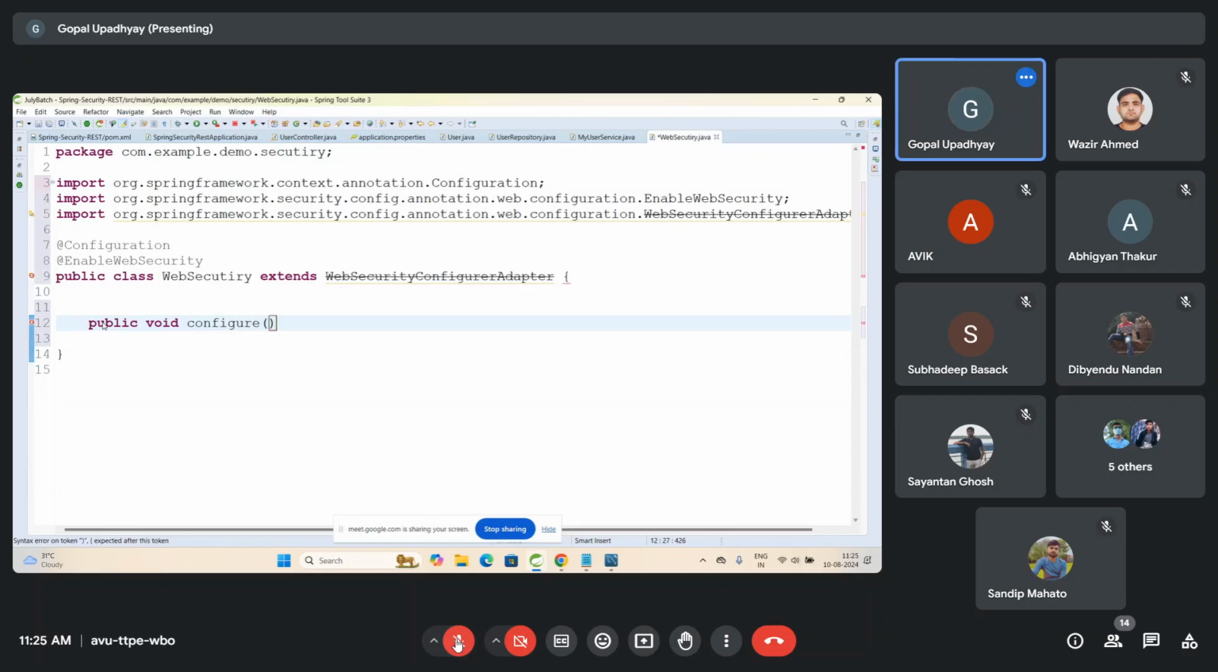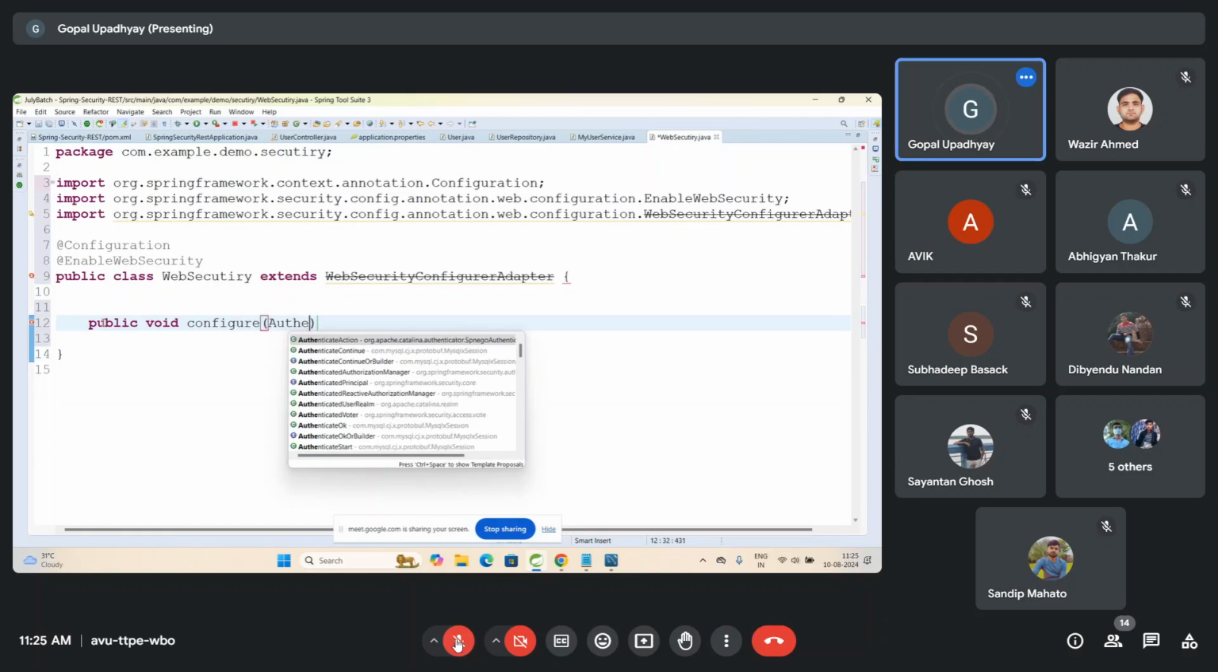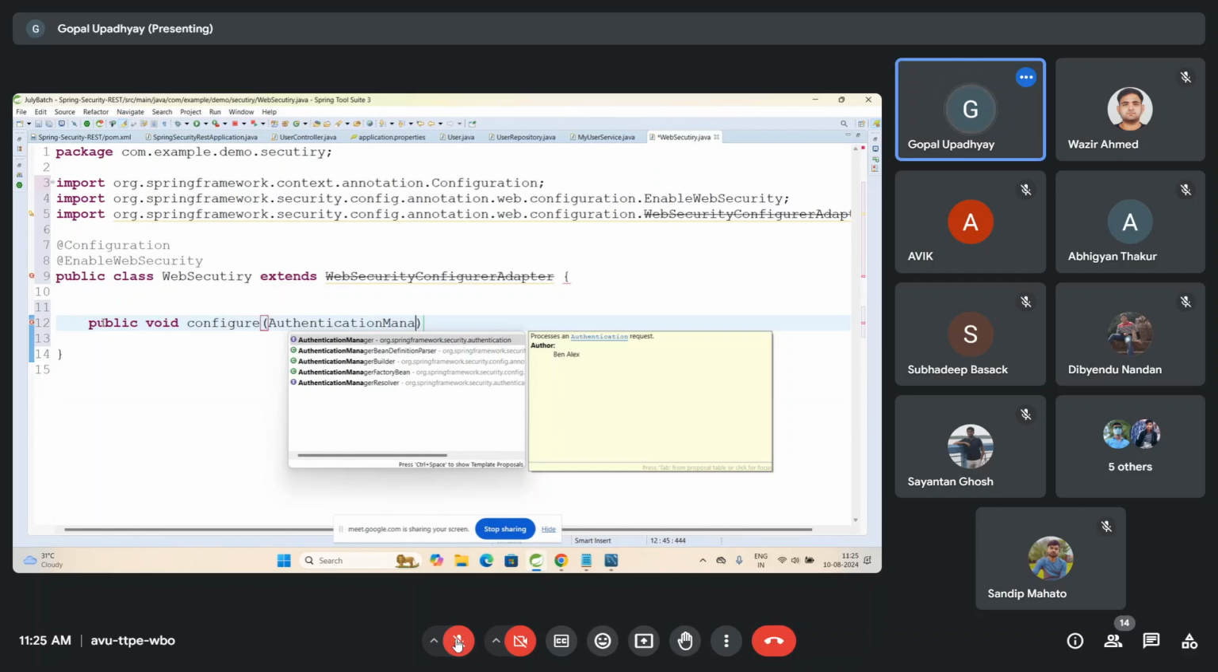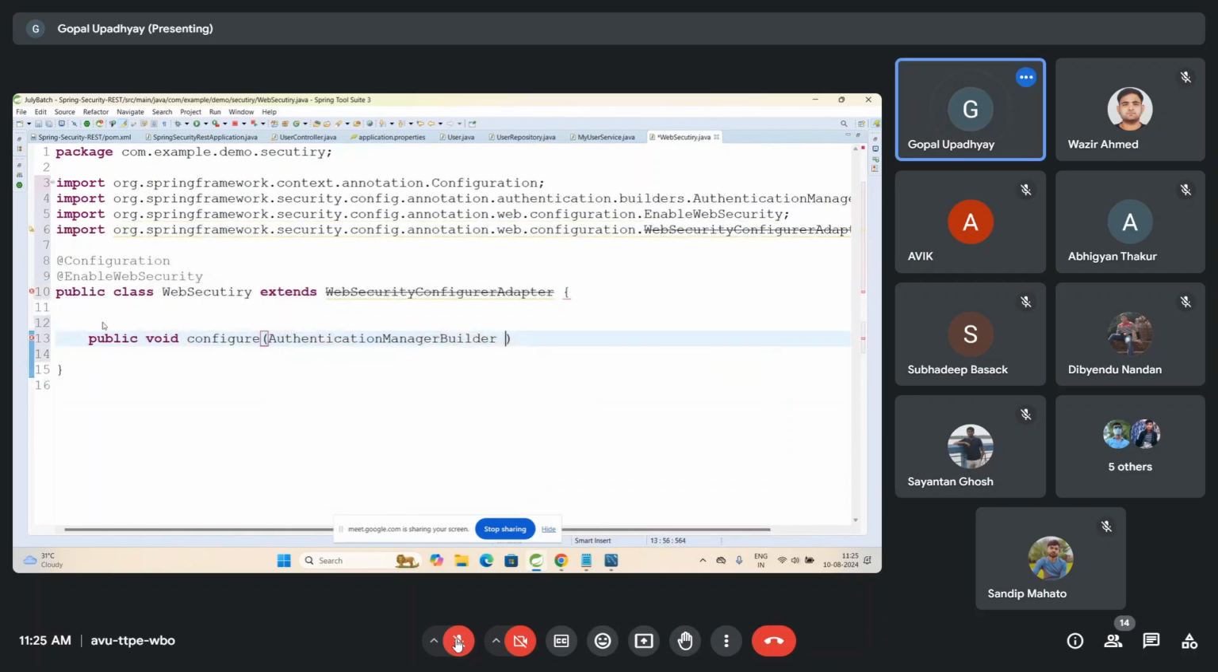configure. And in the configure I'm going to pass one AuthenticationManagerBuilder class object. So the builder can give anything. So AuthenticationManagerBuilder. I want to build the authentication manager with the credential. So the builder object dot